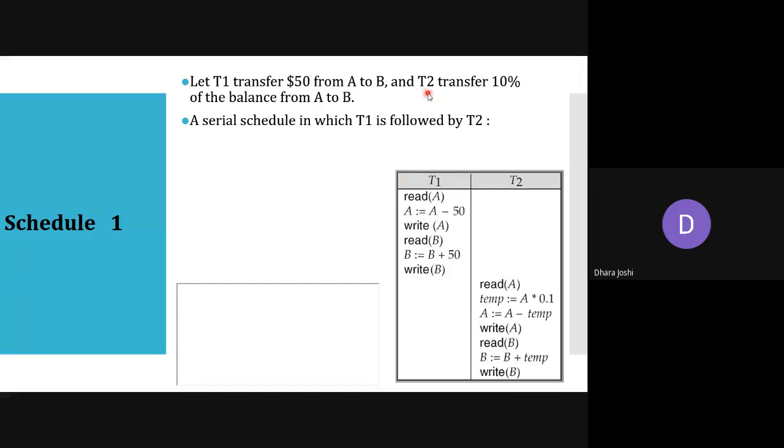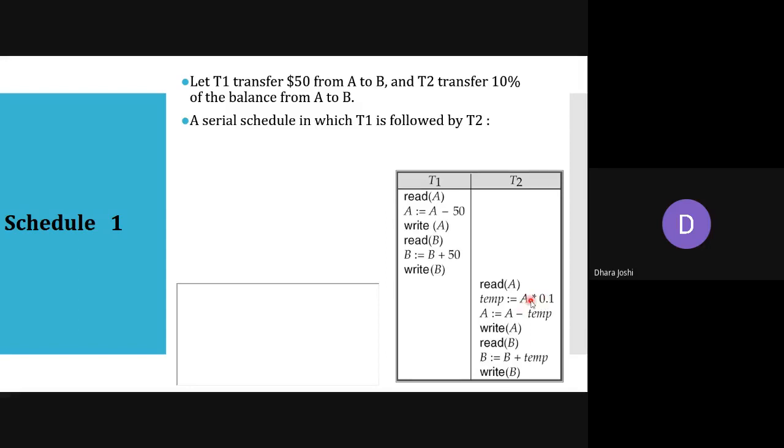Transaction T2, what will it be doing? It will transfer 10% of the balance from account A to account B. So first it will read account A's balance, then it will compute 10% of that particular balance.